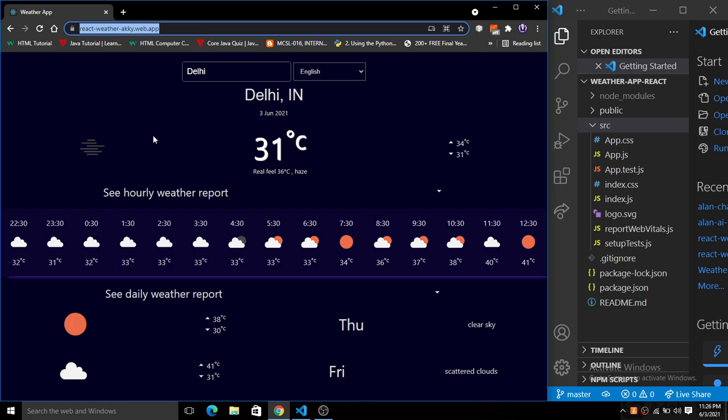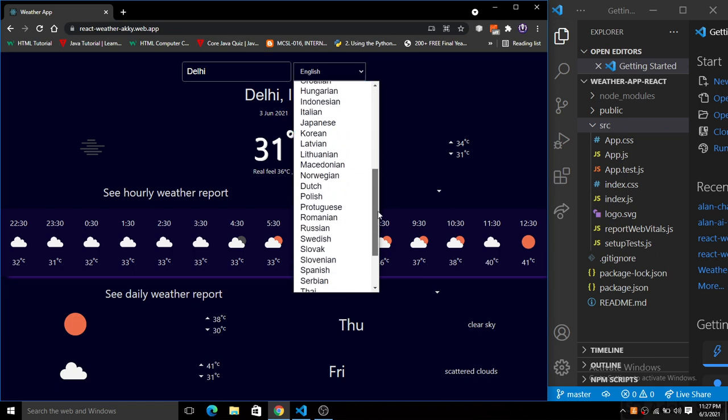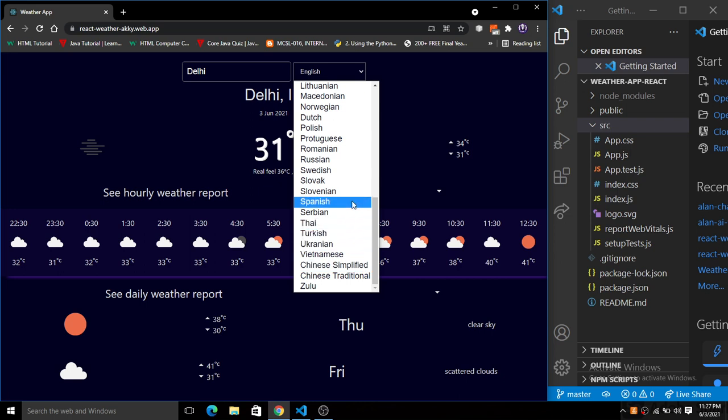So here we have a weather application, and this weather application is supported by more than 25 languages. As you can see here, we have a list of all the languages in the drop down here.